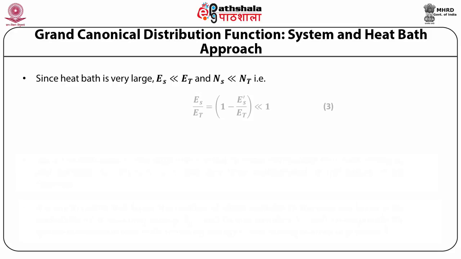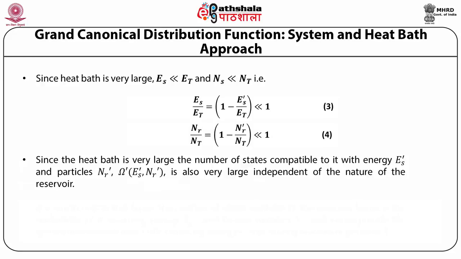That is, Es upon Et = 1 − E′R upon Et is very much less than 1, and Nr upon Nt = 1 − N′R upon Nt is very much less than 1. Since the heat bath is very large, the number of states compatible to it with energy E′S and particles N′R, that is Ω′(E′S, N′R), is also very large, independent of the